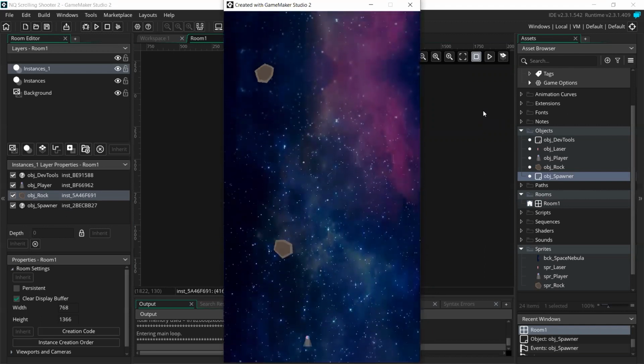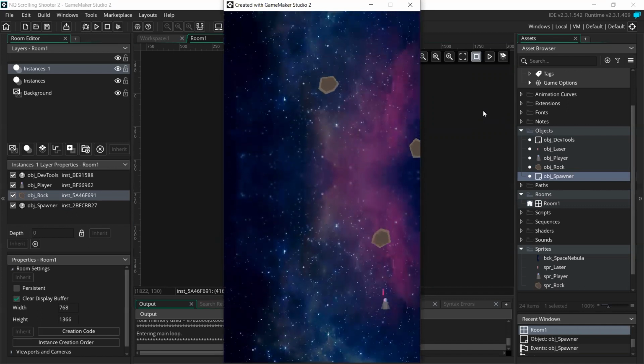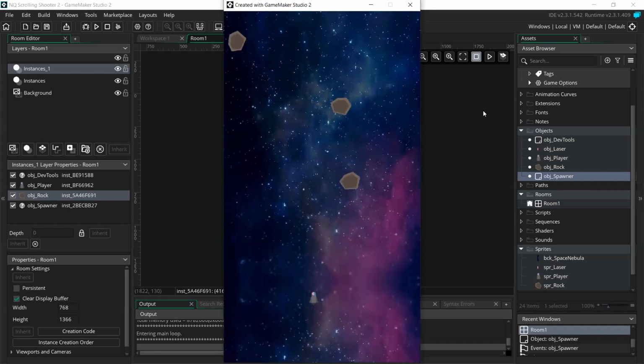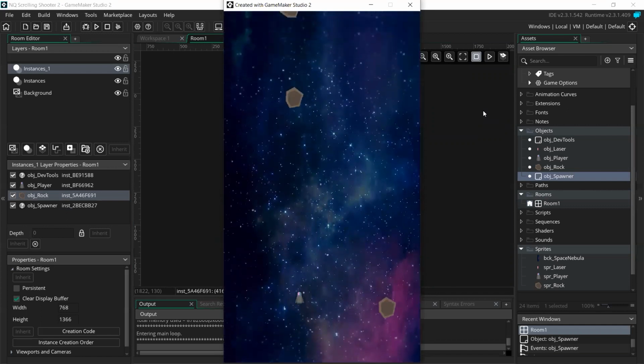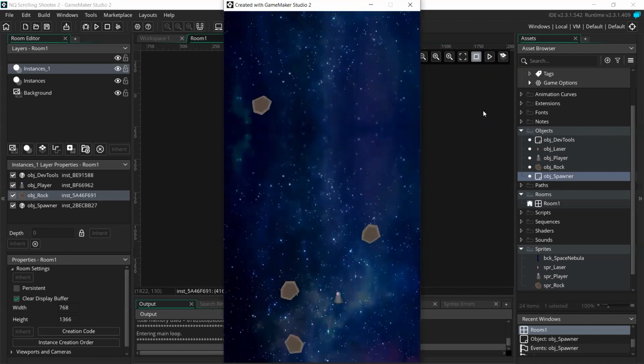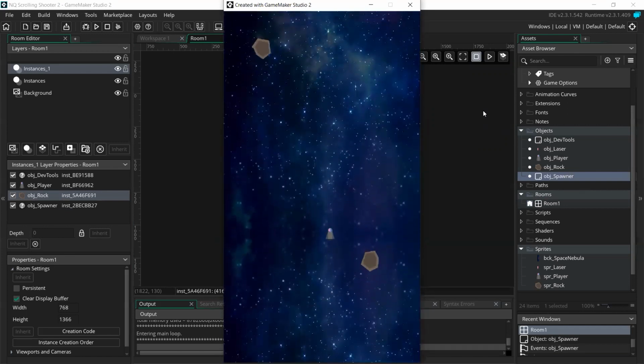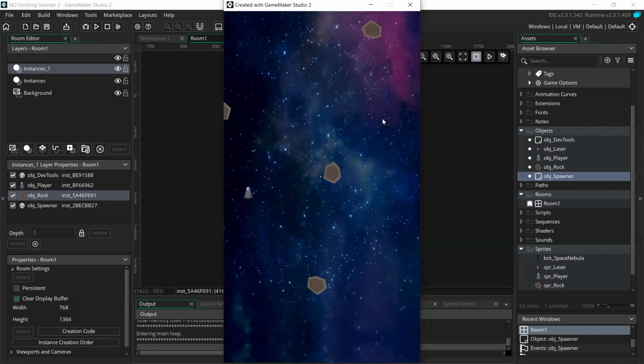Now we have plenty of rocks coming down. You can see they're all kind of coming in at different rotations and speeds. Just kind of cool. It gives you that illusion of, you know, a